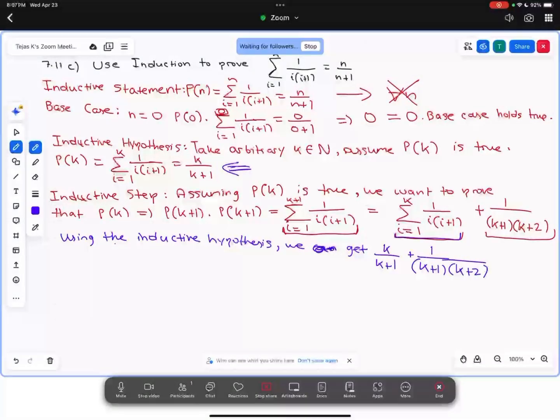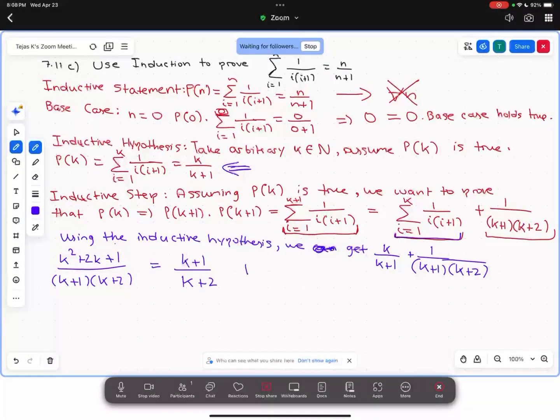So now you can simplify this and you'll end up with k squared plus 2k plus 1 over (k plus 1) times (k plus 2). And this is equal to k plus 1 over k plus 2, which is exactly what we wanted to prove,